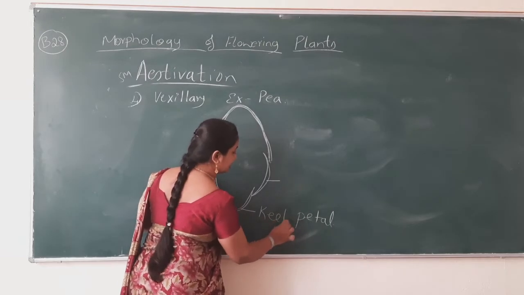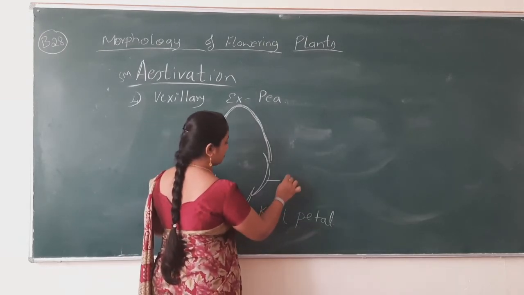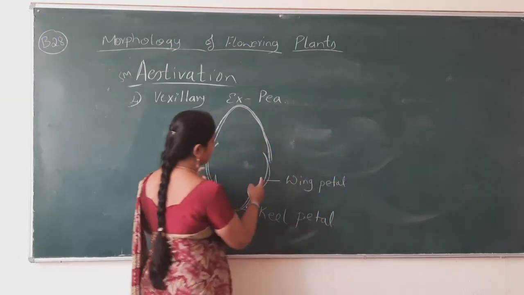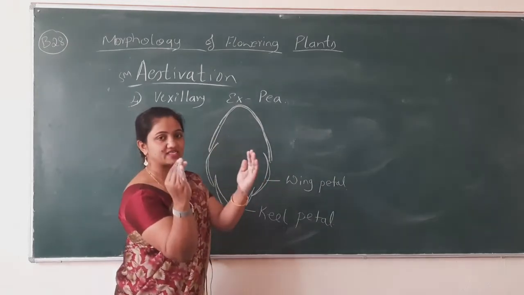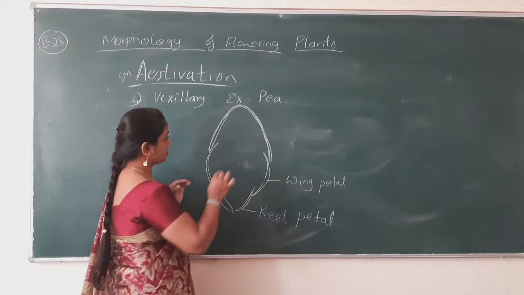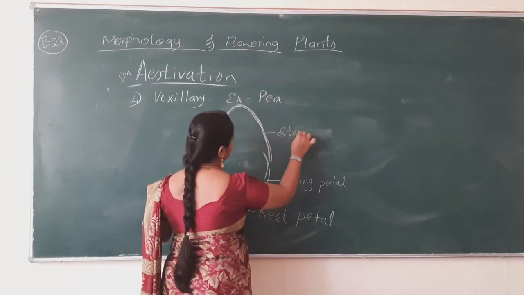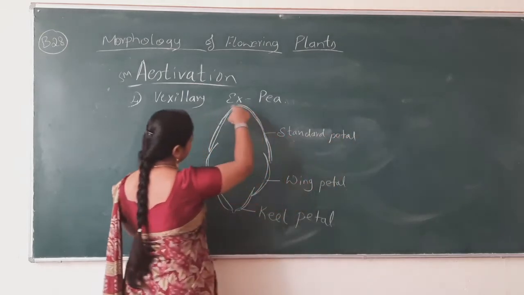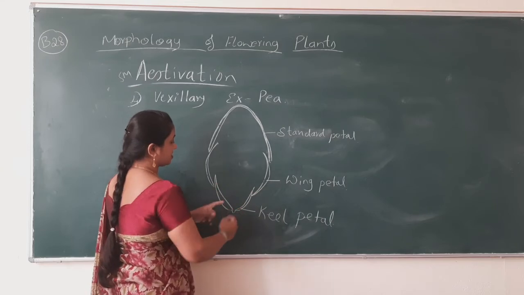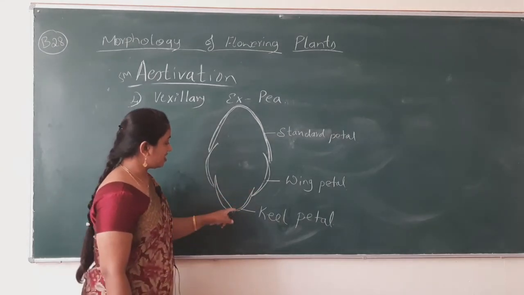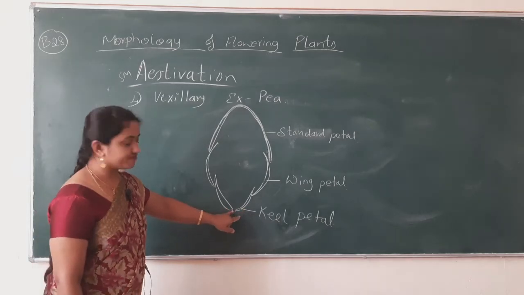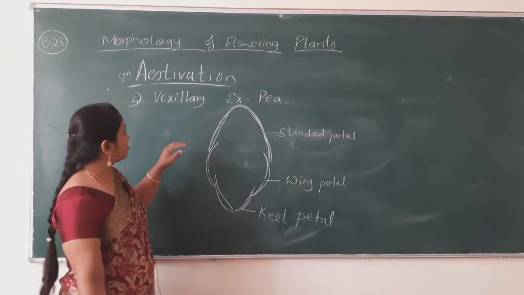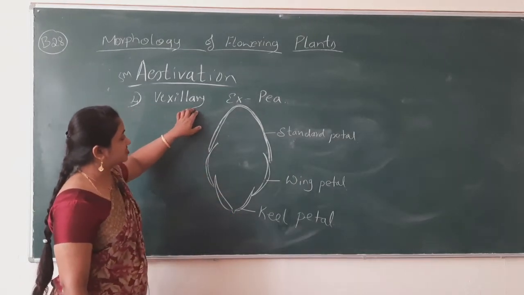And these two are known as, not kell, it is keel. Okay, keel, make it correct. Wing, these two are known as wing. It will be like side by side like this, wing petal, and this is the standard petal. Standard petal, wing petal, keel petal. So actually keel petals are 2 in number. They fuse with one another and look like it has only one petal. So this type of arrangement is known as vexillary estivation. Example is